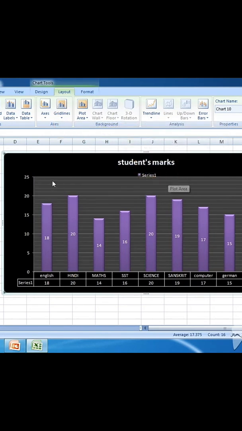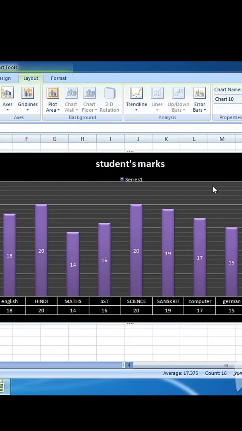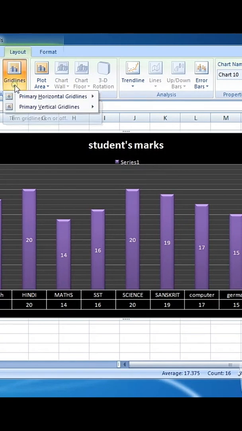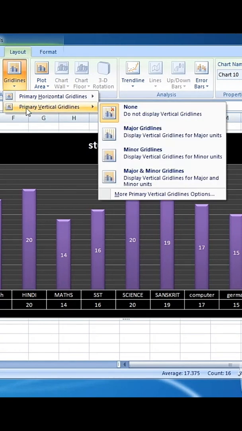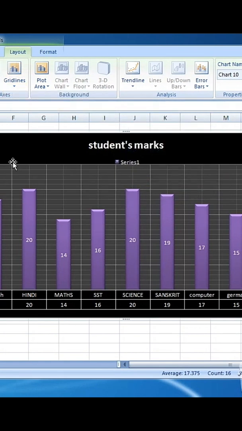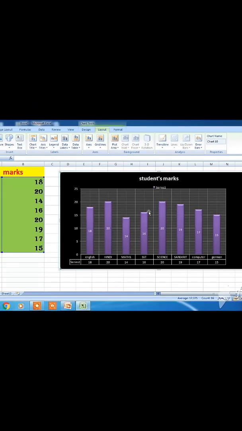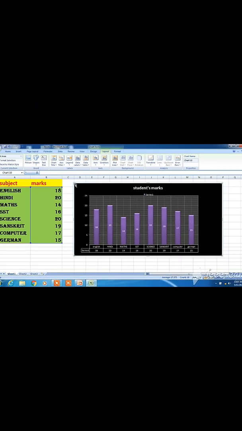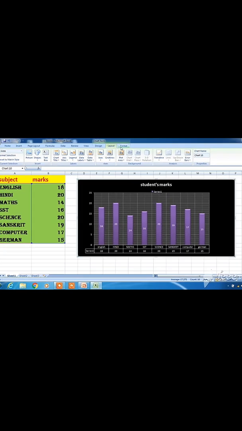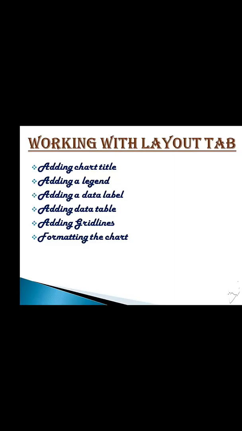See, horizontal lines have come and these are the major lines. Okay, now again select primary, major and minor both, I am selecting. See, major lines have also come and minor lines have also come in the grid lines. Fine, is that clear? You only have to click on the layout option and then select. We have done till this.